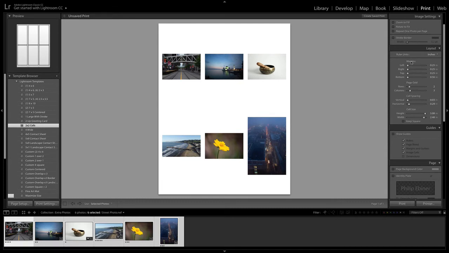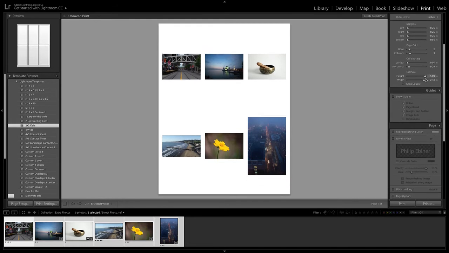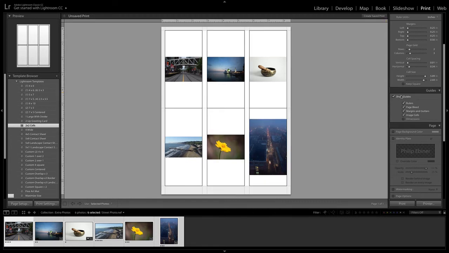Margins though, just to go back to that, that's more for your printer. So if your printer needs 1/4 inch margins, then you would set it at 1/4 inch right there. Here you have your overall cell size as well. So you can make it bigger or smaller there, which is the cell size itself, not the space in between. Here you have your guides. We don't have any of these on.